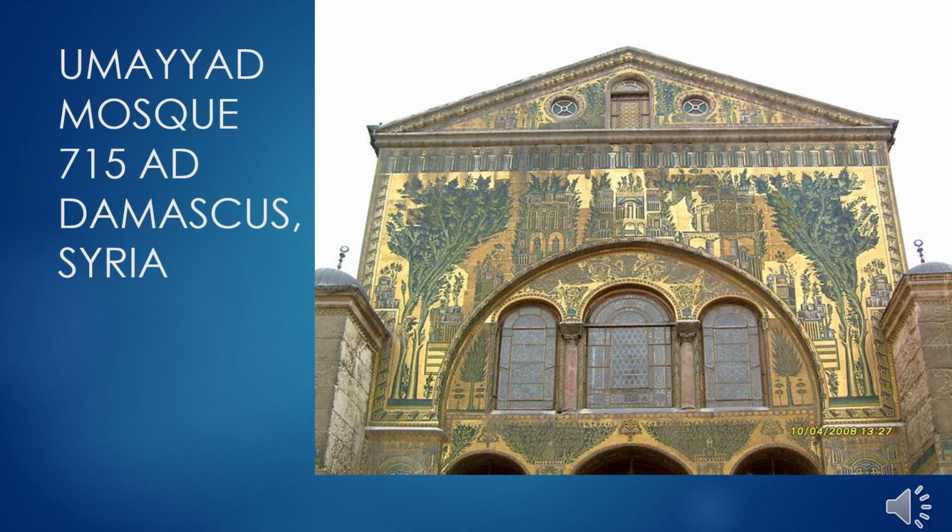It's the fourth holiest site in Islam, and you can see that it was built with Byzantine artisans that created the mosaics in this kind of stylized format that you see on the front of the building. And it was used as a prototype for mosques the world over. So we'll see examples of this kind of Byzantine style with the use of the gold in things like the Great Mosque of Cordoba, for example, in Al-Andalus in a couple classes from now. But again, notice those flattened and stylized forms that we saw in the Byzantine mosaics being utilized here on the front of this design.